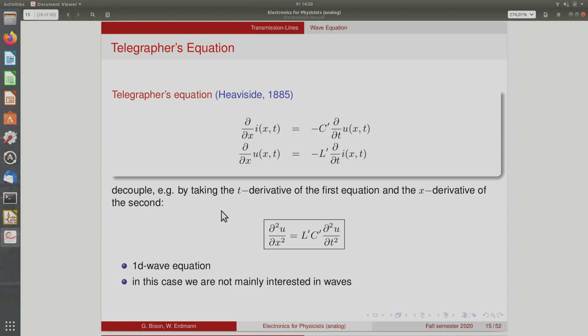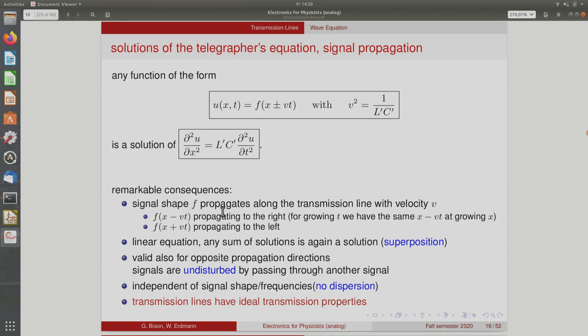And then you can go and solve these wave equations in terms of sine waves and so on, but that's not what we're mainly interested in. We don't want to really know what happens when we send sine waves over this, although it can be done like this, but we'll do something else. We'll simply note that any function that has this form,